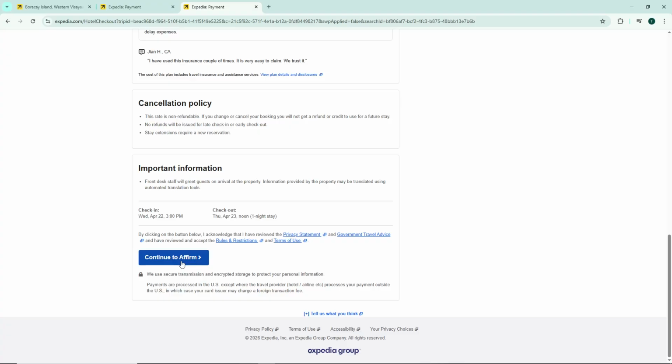And there you have it. While Expedia doesn't offer a direct split payment between multiple cards for most bookings, using the monthly payments option through Affirm gives you the flexibility to manage your travel expenses more